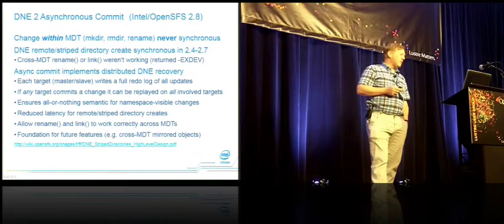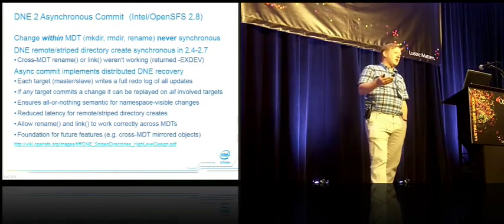And so if that change commits anywhere, then you have a full copy of all the changes, and in case of a crash, the metadata server that crashed comes up and asks all of its peers if they have logs that need to be replayed, and so you can always redo the changes that were committed elsewhere. Of course, if you crash before anything commits anywhere, no harm, no foul, right? You're still in a consistent state, and so this provides atomic